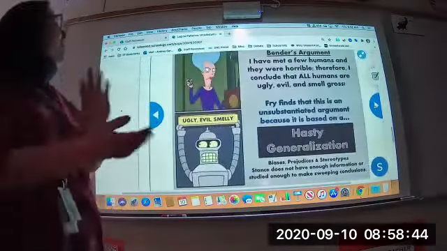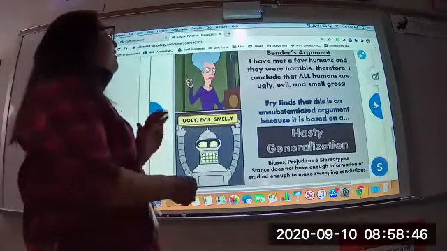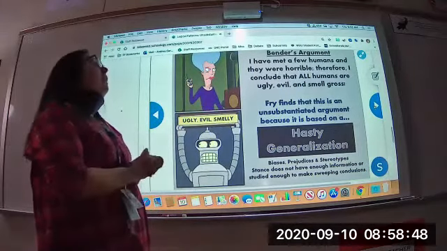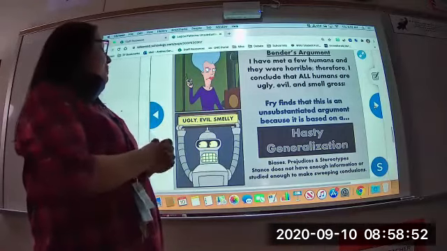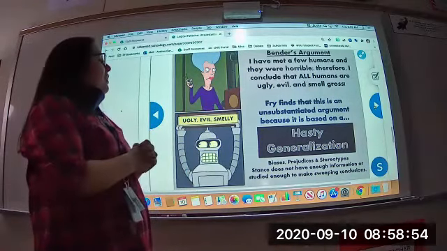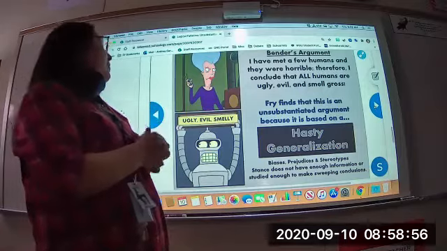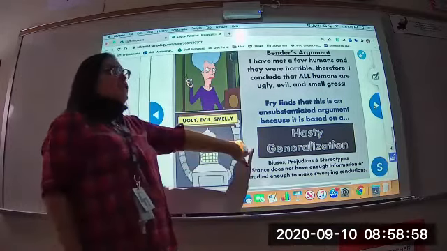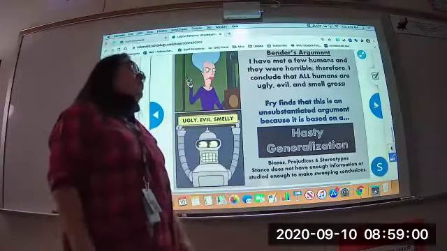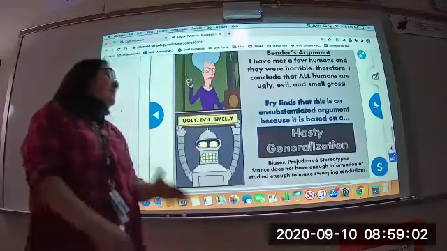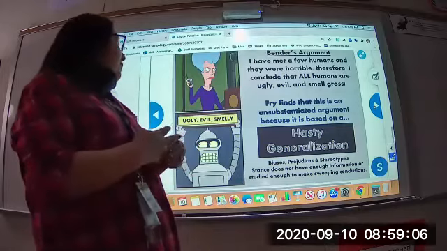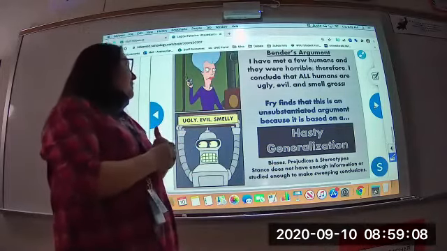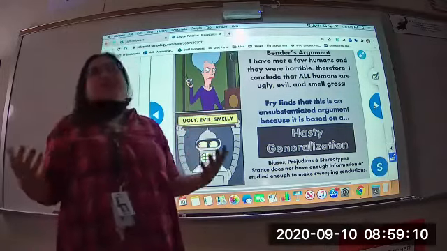So Bender's first argument: I have met a few humans and they were horrible. Therefore, I conclude that all humans are ugly, evil, and smell gross. Fry finds that this argument is an unsubstantiated argument because it is based on a hasty generalization. This is where biases come in. Biases, prejudices, and stereotypes. Chance does not have enough information or has not been studied enough to make those sweeping conclusions,